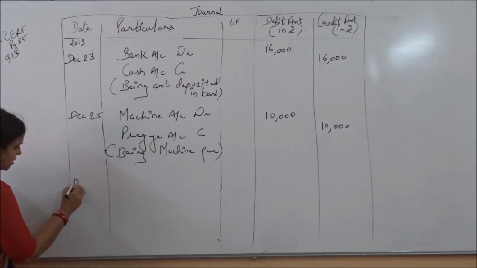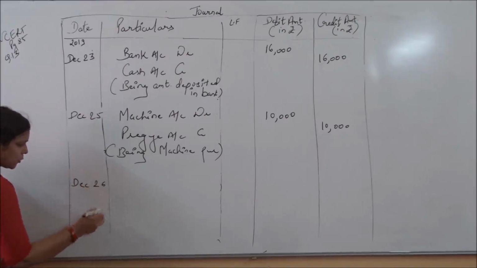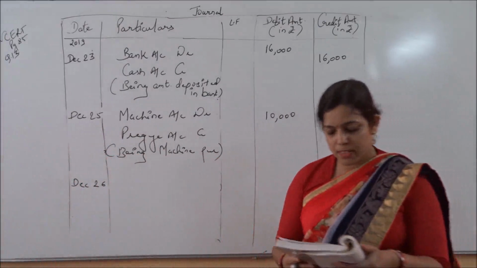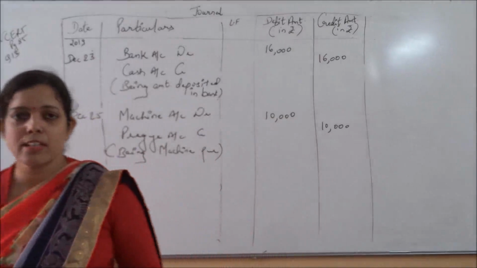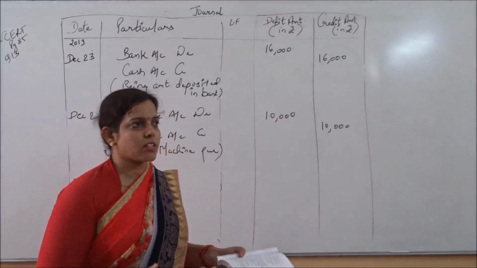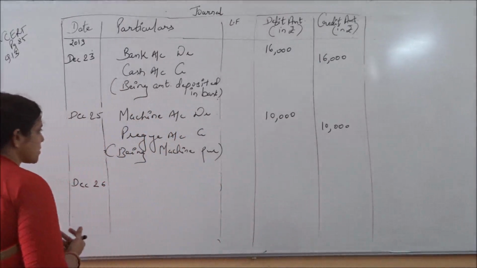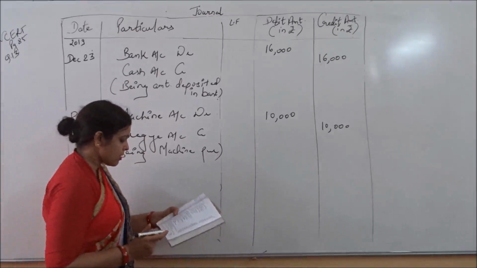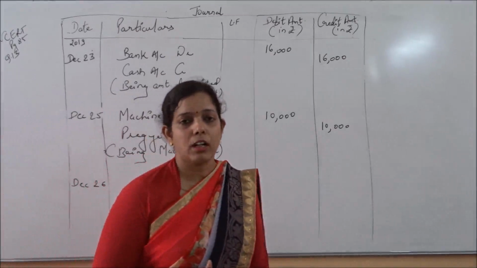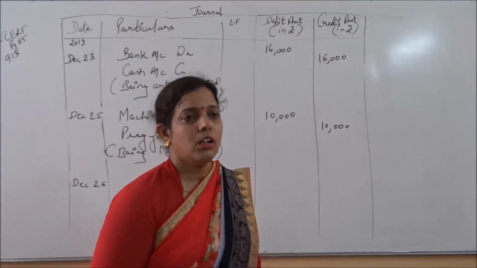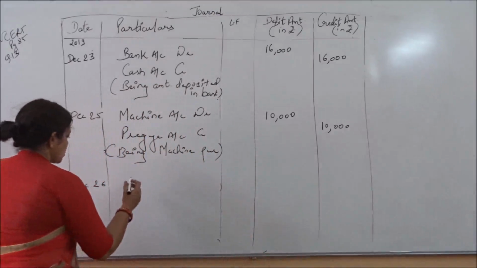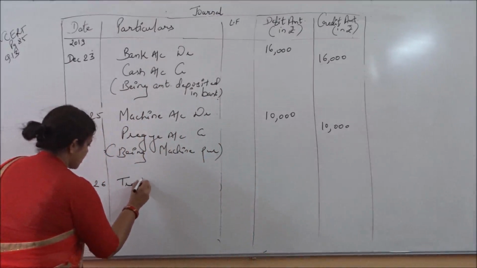Next transaction is of December 26. What is the transaction? See? Trade expenses. These are the expenses incurred while doing the trade, while doing the dealings, while purchasing goods and services. A number of expenses are done and these are known as trade expenses. Again, it is an expense, and what does the rule say? According to the nominal account rule, whatever expenses are there in the business are always debit. So again trade expenses will come on the debit side.